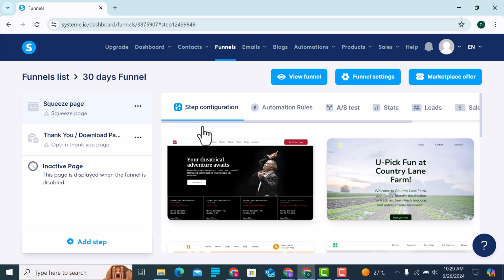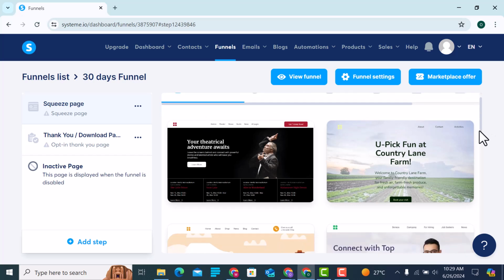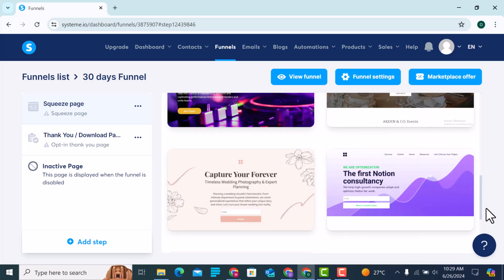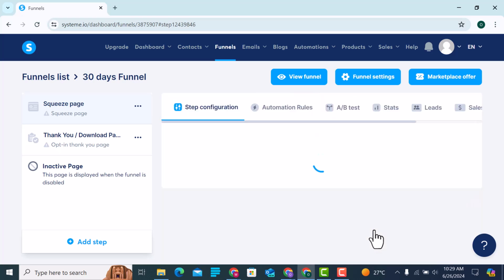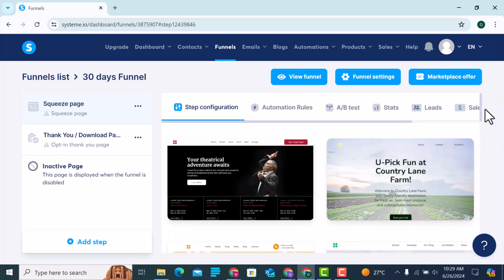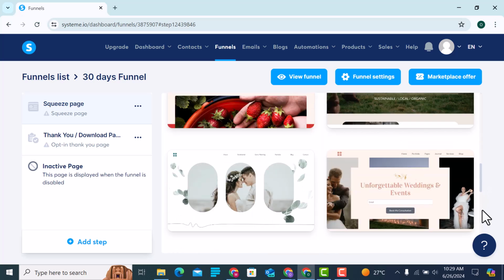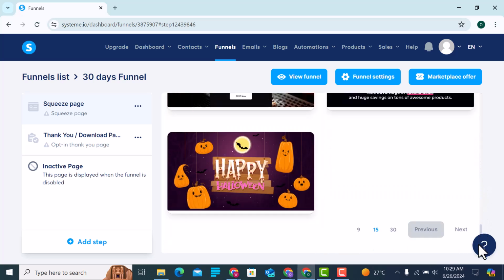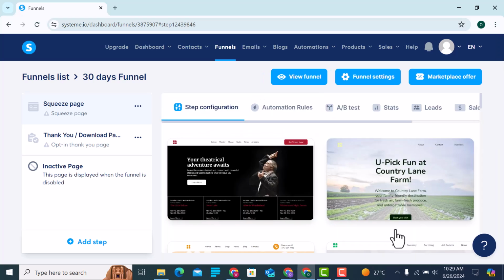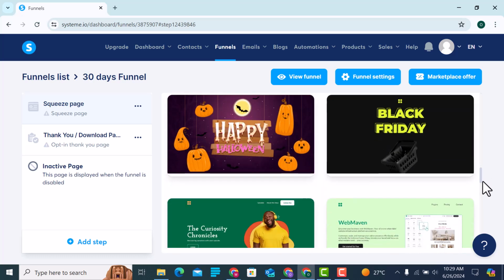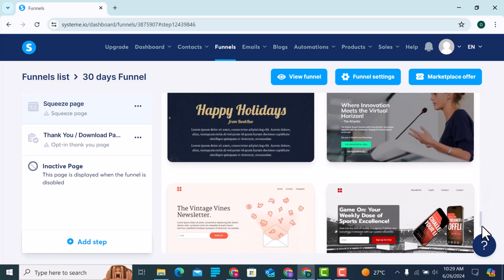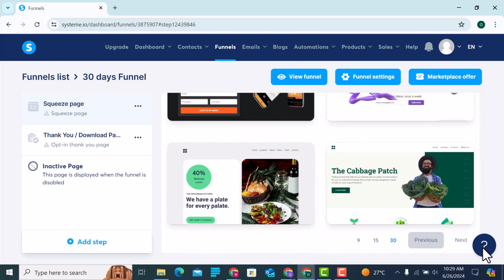Your squeeze page is the landing page for the funnel. So just look for anyone that suits you best. I personally love to use a blank page.